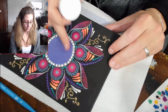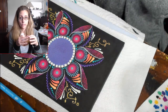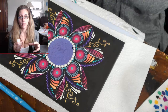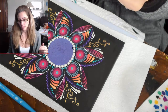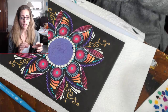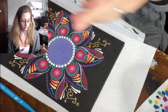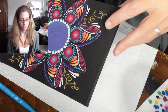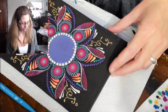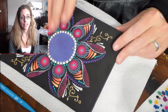So I just found my circle and then I poured right in the center and then just let gravity pull it into a circle and let it dry. I actually let it dry overnight just to make sure that I wasn't going to have it bleed into the other paints, because I'm not sure how they would mix wet on wet with acrylics. I haven't tried that yet. That's an experiment for another day. So all I did was pour the center, let it dry for 24 hours,